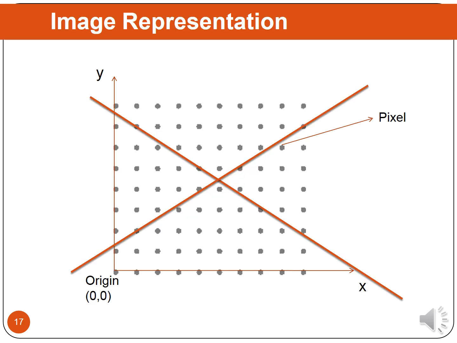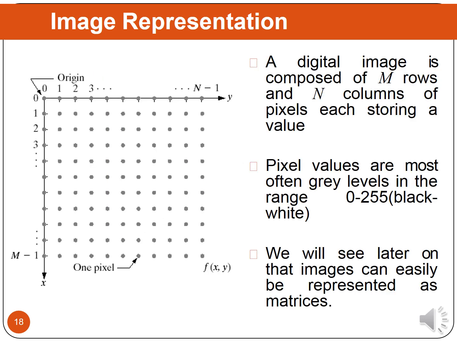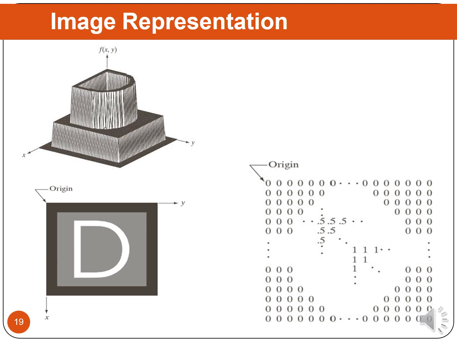So this is how the image will be represented along the x and y coordinates. We will have different levels of pixels placed in the x and y spatial representation, and the pixels can also be represented in terms of a matrix. You can see in the example we have an image, and we are converting this into the form of pixels.